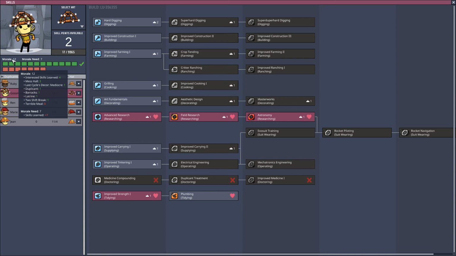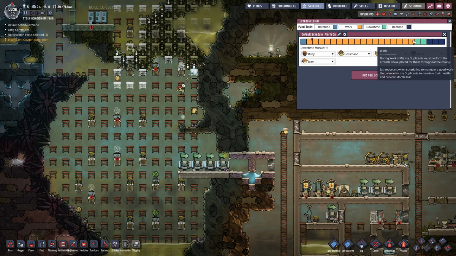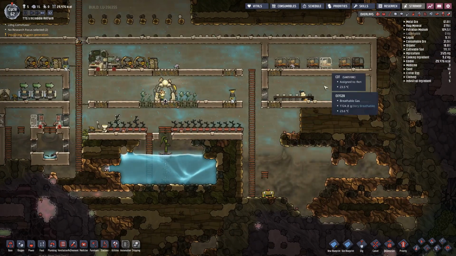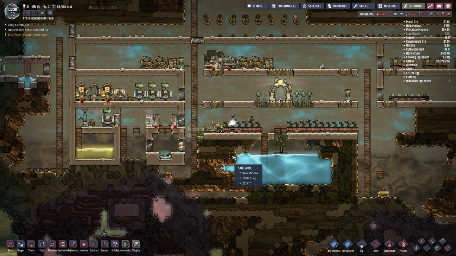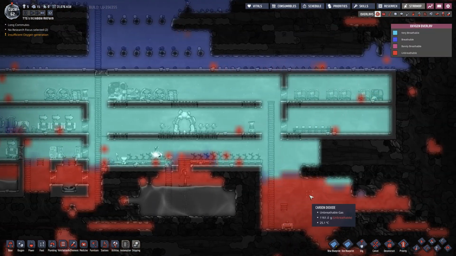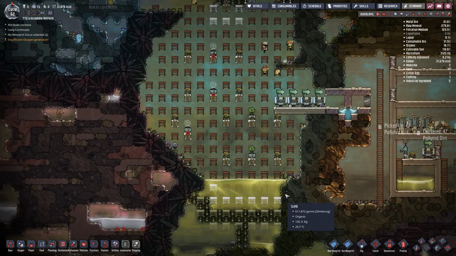I'm actually going to change the schedule a little bit by adding one more downtime, mostly so they actually get downtime properly and can do all the stuff they want to do. And so on and so forth, because if you're not careful enough, you can actually get to a state where your duplicants aren't